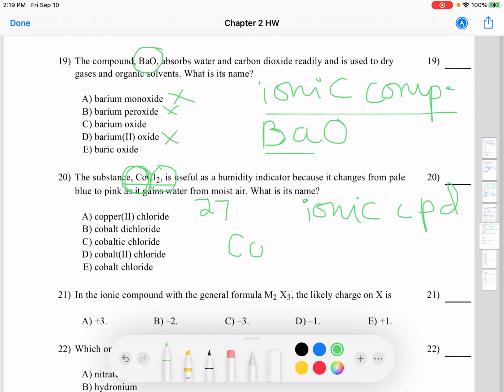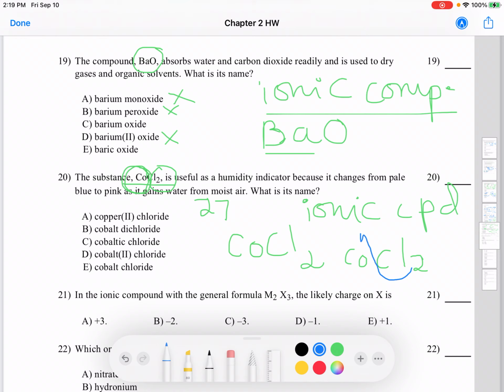So cobalt chloride is COCl2. To find the charge, once you are given the formula, just like if you know the charge, you can find the formula by crisscrossing the numerical values of the charges. We can